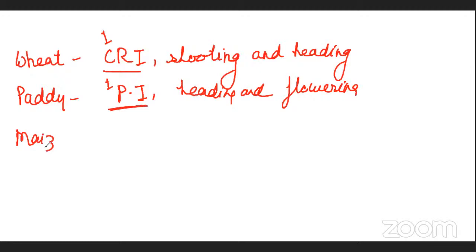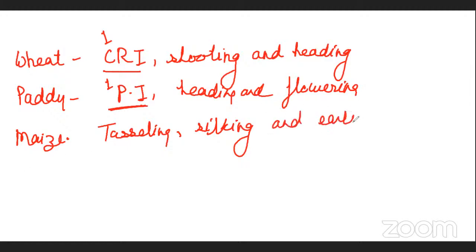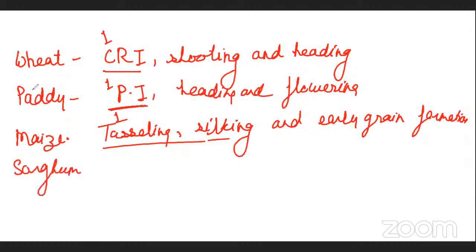Then for maize, we all know the tasseling. Tasseling is very important, and the silking also is an important stage. And after that, we are having early grain formation. But we have to focus on the tasseling and silking. Okay, then we are having the sorghum, and I have taken the most important crops first, because then you will